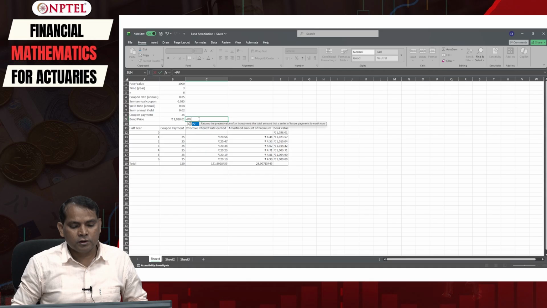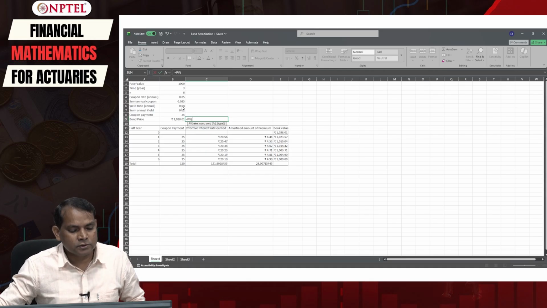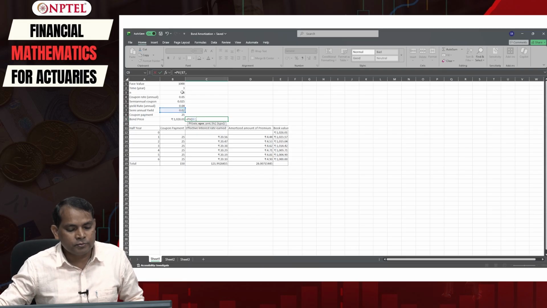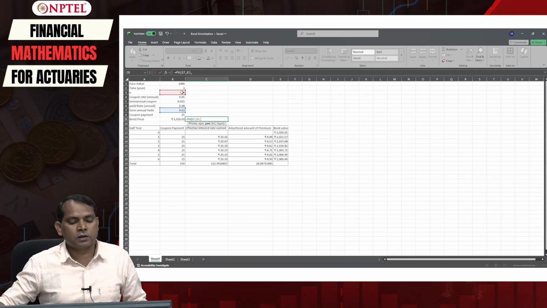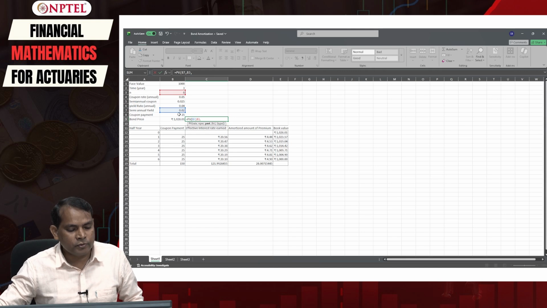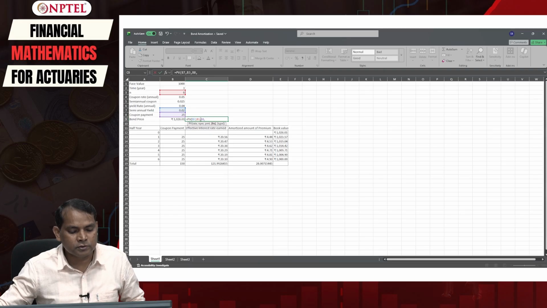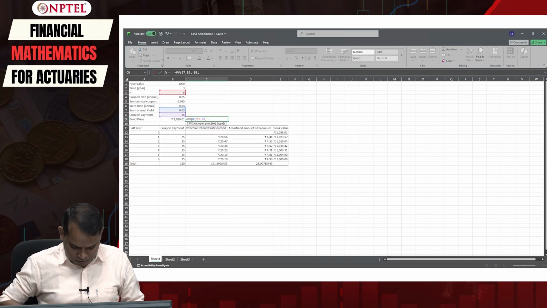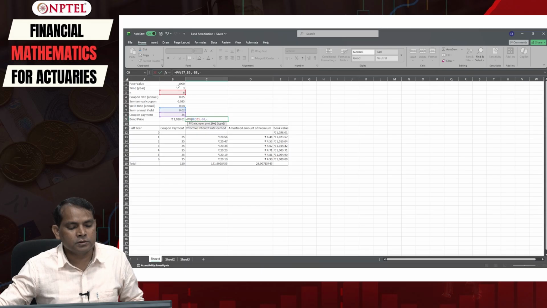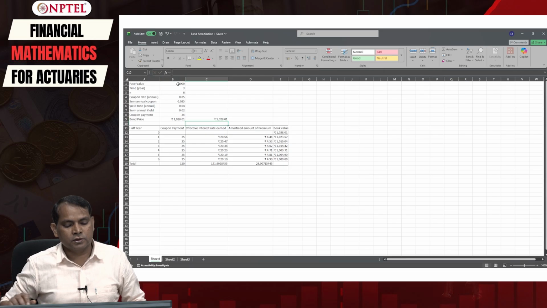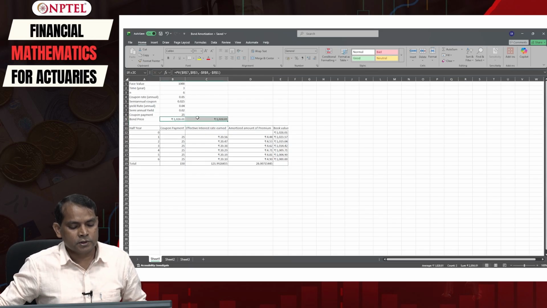The rate is equal to this one, comma, the NPER is this one, comma, PMT is the coupon payment, this one, comma, negative, and I will also use this one negative. I think I should get exactly the same value here.